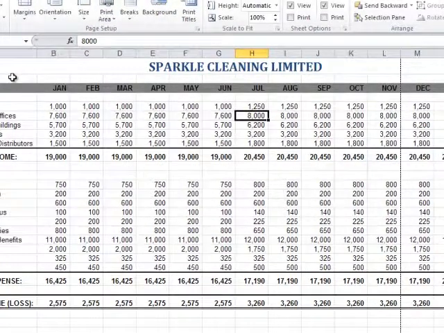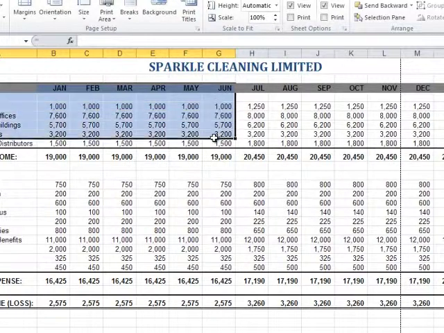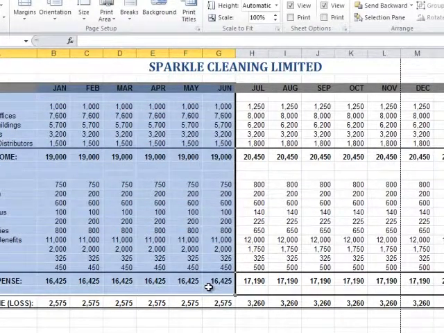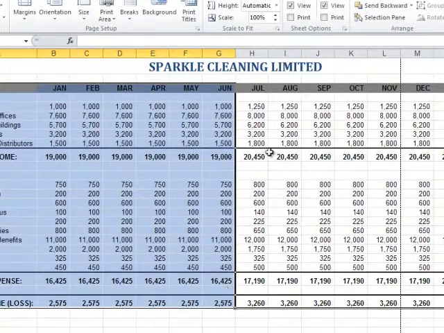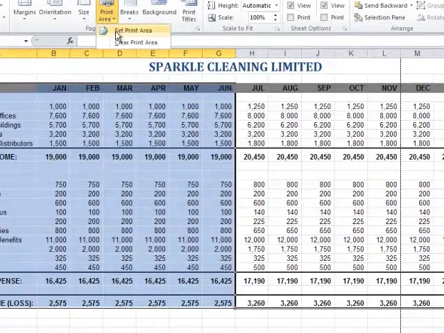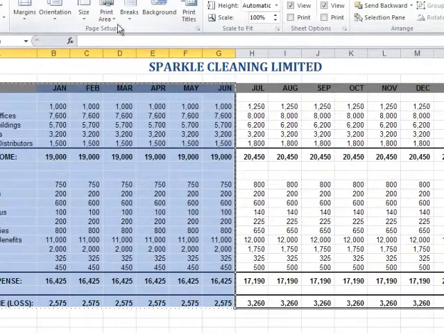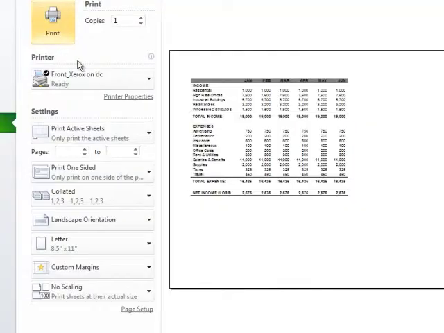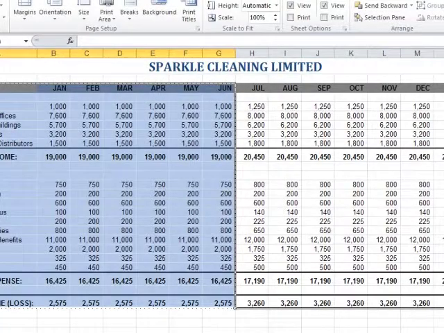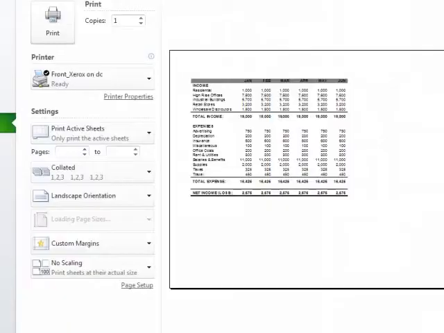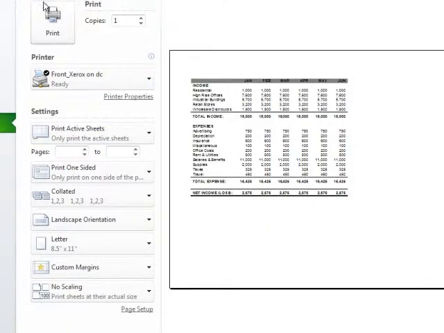Now let's select only truly what we want to print. So we'll go down to here, all the way down to our last cell, and when we do print area, set print area, now go to print preview. You'll see how it comes up with this print area here. Let's return back to the File tab, Print, and focus in on the print options here in this left-hand portion